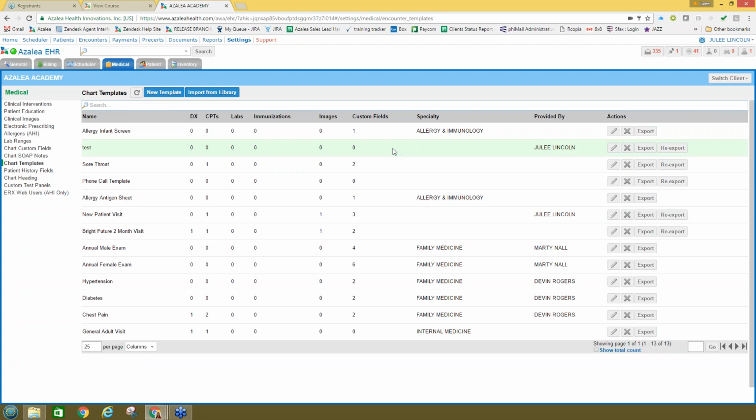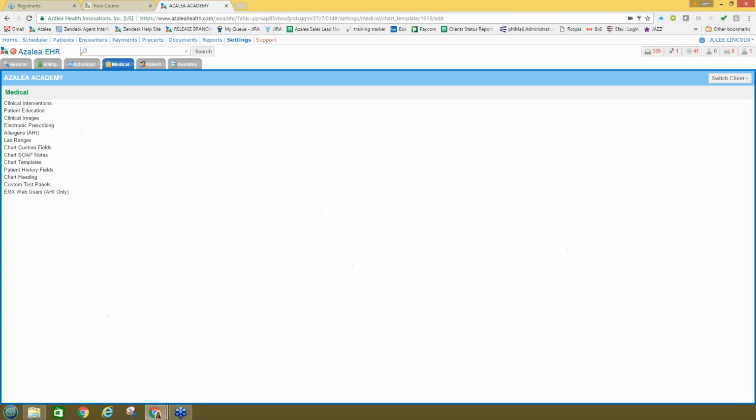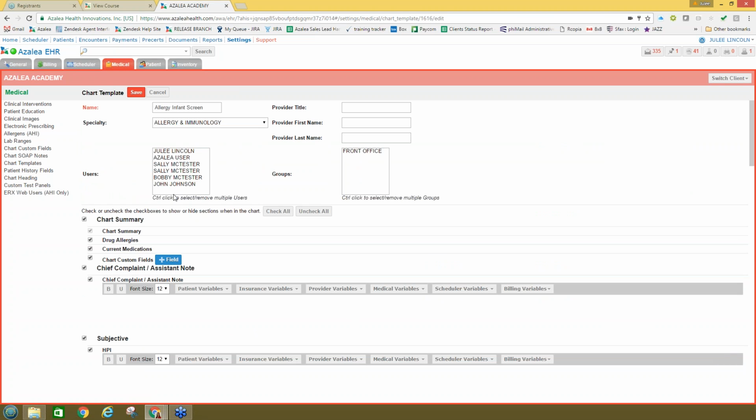One thing I want to make sure that everyone knows about is that once you add a template, you have to select which users have access to that template. So for the allergy infant screen, for instance, I have users on the left-hand side that I can grant to specifically, or I can add those users to groups, and this is the easiest way to manage your template permissions. You want to definitely add groups, and then if you add new users, make sure to add those users in the groups. So if you have a clinical staff and they need access to every single template, I would recommend